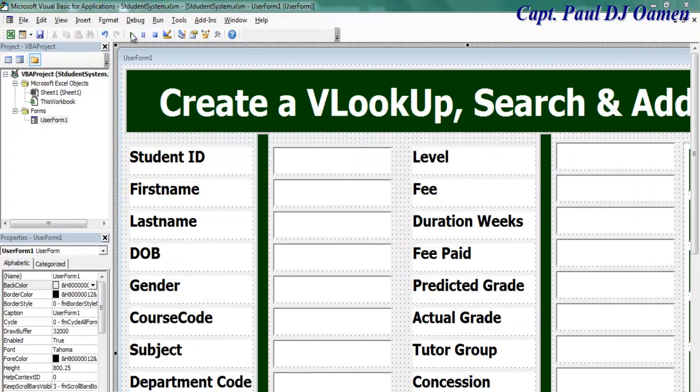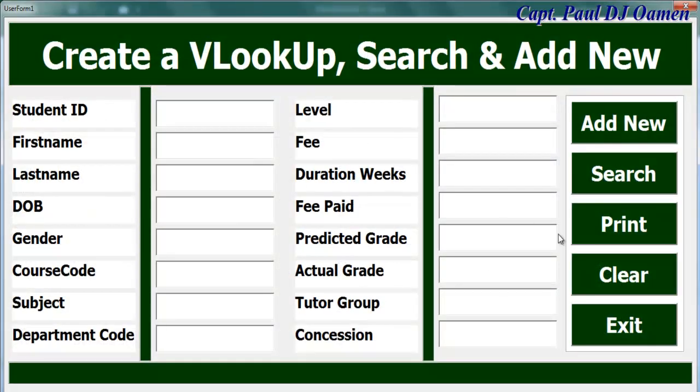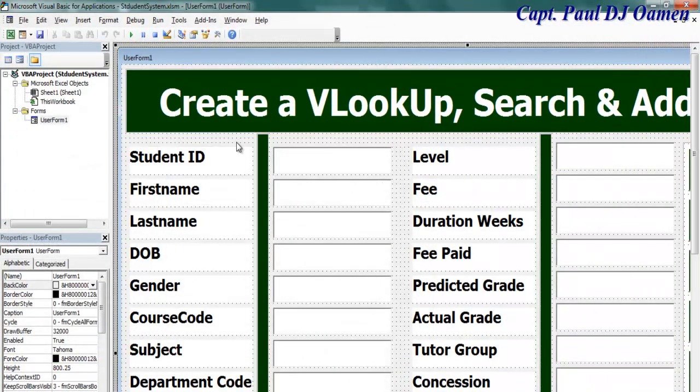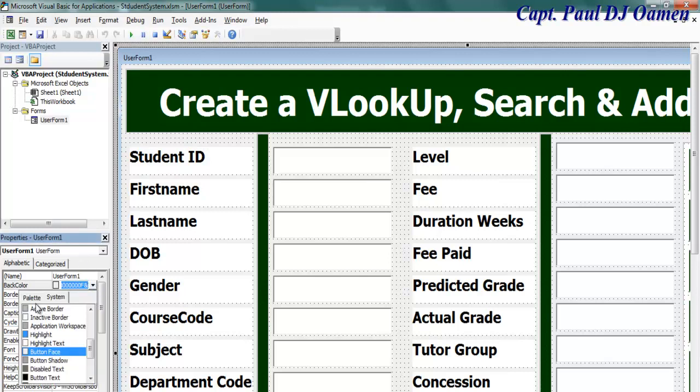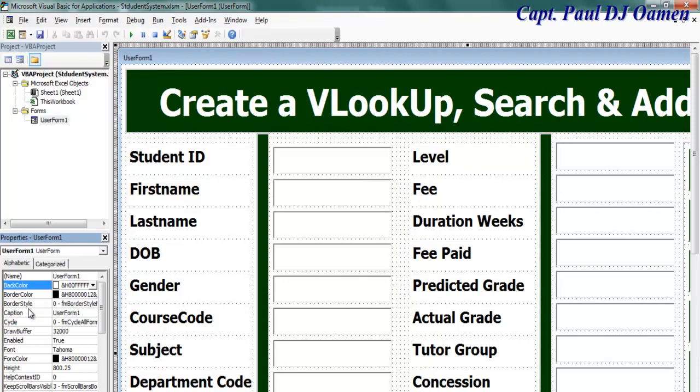There we go, guys. This is how the whole interface looks now. Okay, but let's change the back color of this. Let me just change that to the same color. Come in there and palette. There we go. Right. Now,